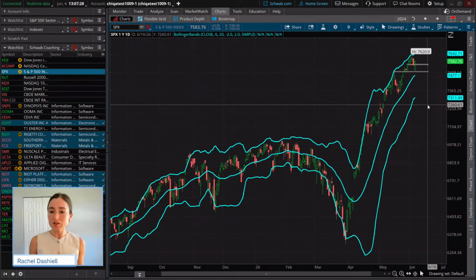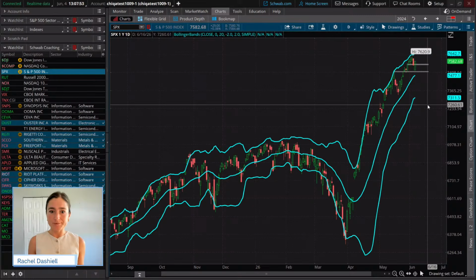Now there's a couple other things to really note about the importance of these Bollinger Bands. Just like a simple moving average, where the slope of the line gives us a bit of the signal, we can take a look at the slope of these lines, and that will give us a signal to whether the trend could possibly be changing. So whether that trend is in an uptrend, whether we're in a downtrend, or whether we're in a little bit of a consolidation.